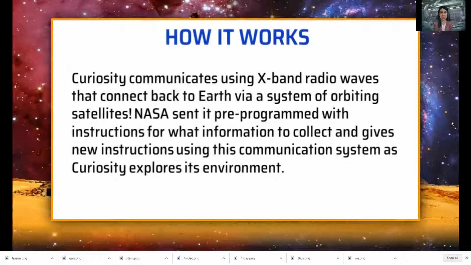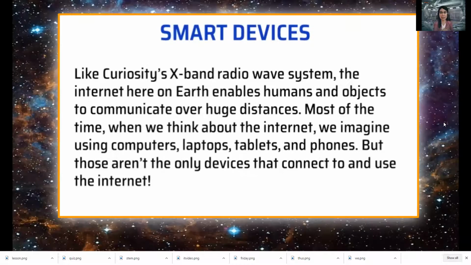Curiosity communicates using X-band radio waves that connects back to Earth via a system of orbiting satellites. NASA sent it pre-programmed with instructions for what information to collect and gives new instructions using this communication system as Curiosity explores its environment. Like Curiosity's X-band radio wave system, the internet here on Earth enables humans and objects to